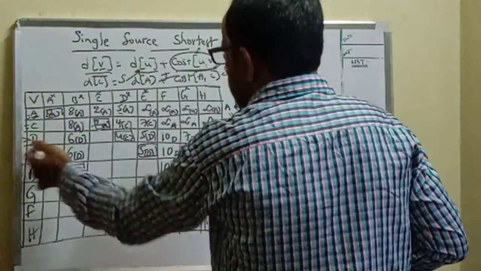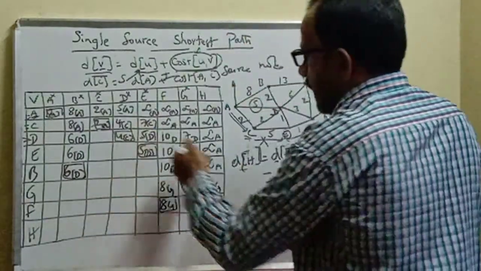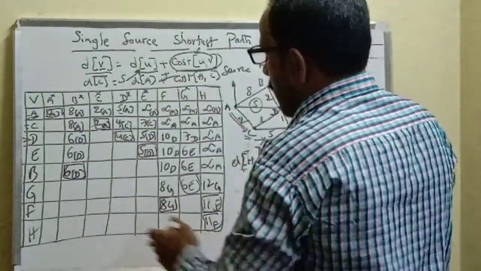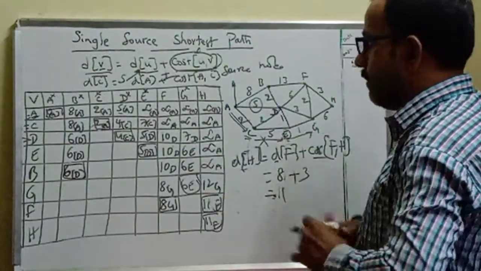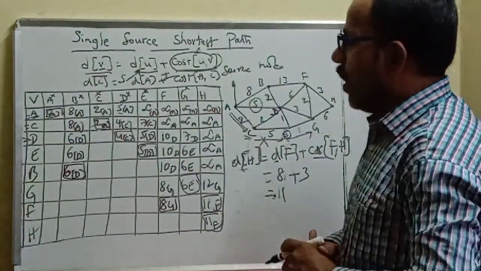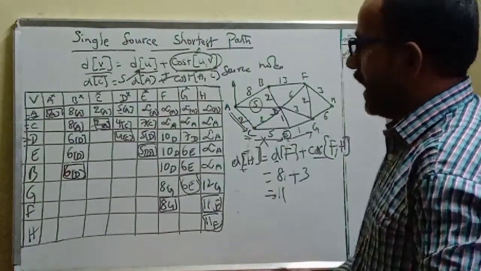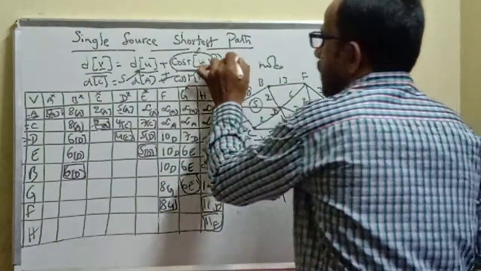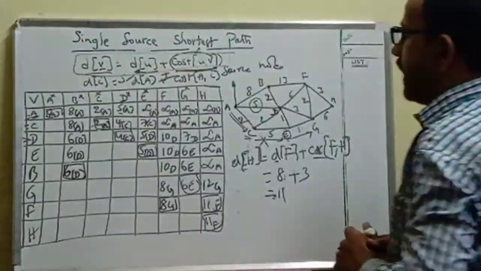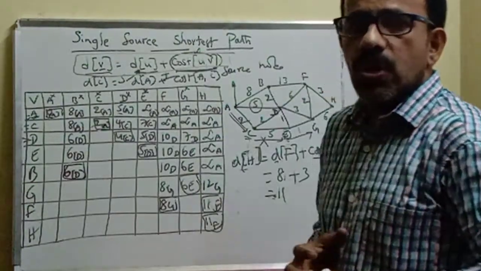Suppose, what is the distance from A to E? 5, we can say, because that particular 5 is selected from the previous row. What is the distance between A and B? 6. Just by observing that table we can tell, but I will show you how to construct a path and how to prove that 6 is the distance between A and B by considering the intermediate nodes. But in this way, by using this simple equation, I can calculate the shortest distance from the source node to the node V.